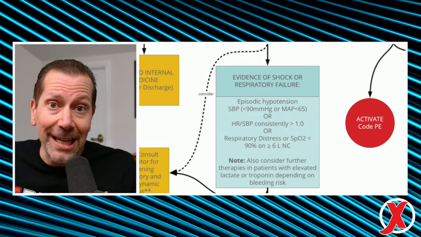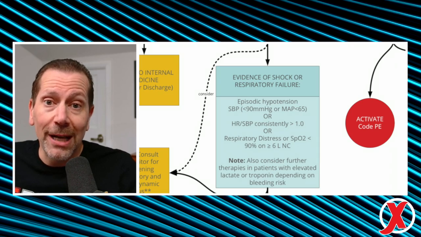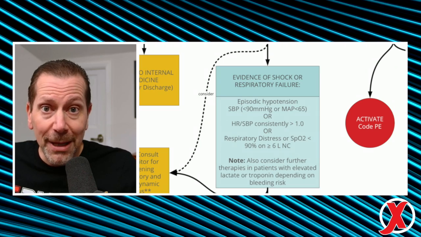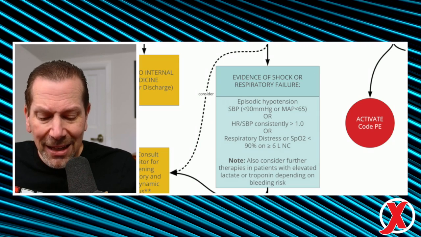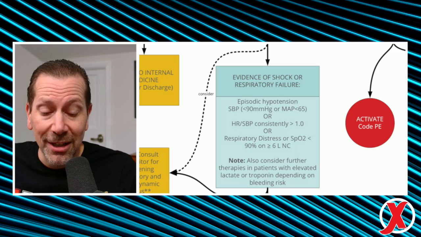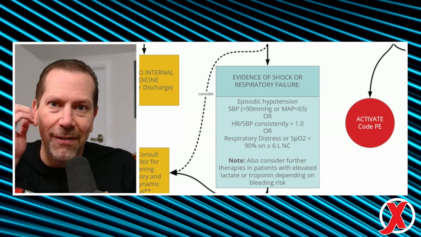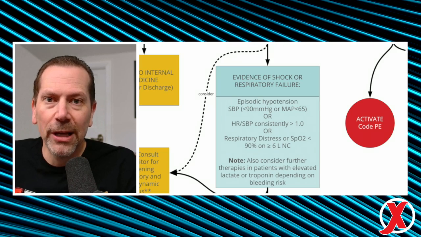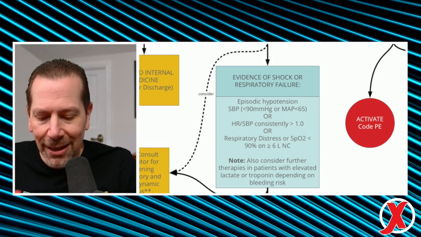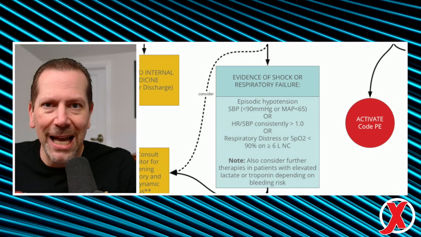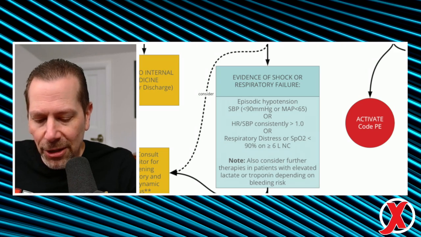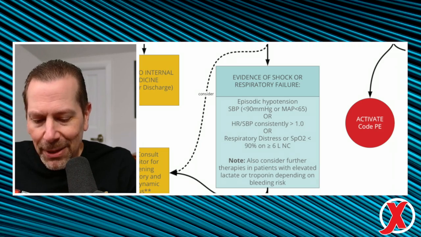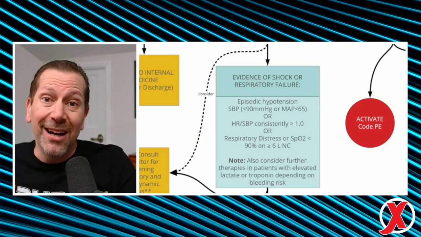If their shock index is greater than 1, so their heart rate is greater than their systolic blood pressure. If they're having respiratory distress, or the patient is decreasing their saturation on anything more than a slight bit of FiO2, that's a problem, right? So if you have them on 6 liters, which is a very reasonable amount of oxygen, they're still satting poorly. That for me defines a sicker category. And then you can consider other things like lactate or super high troponin, etc. But that defines the category for me of sick